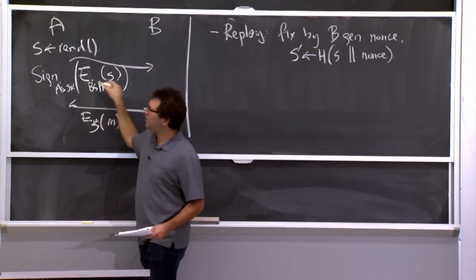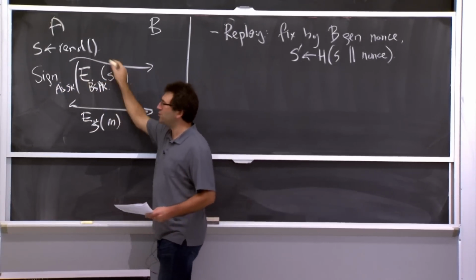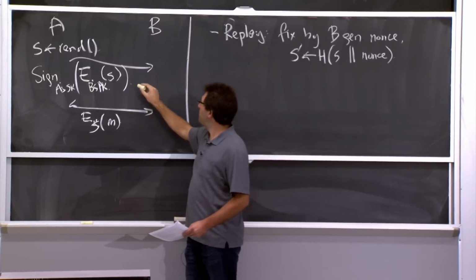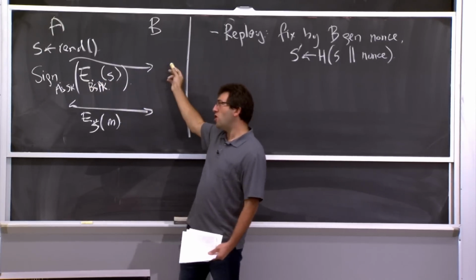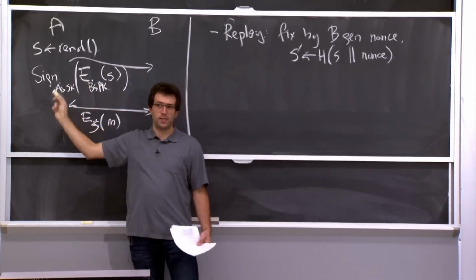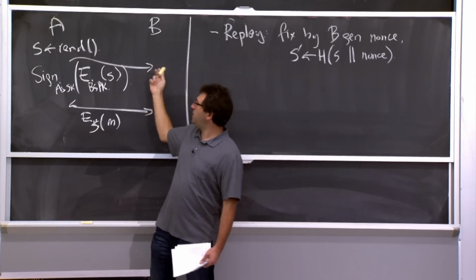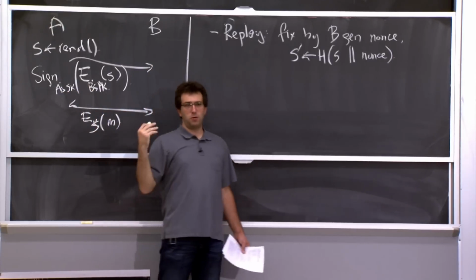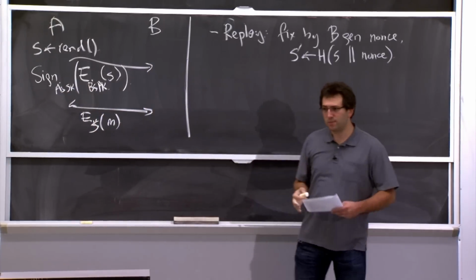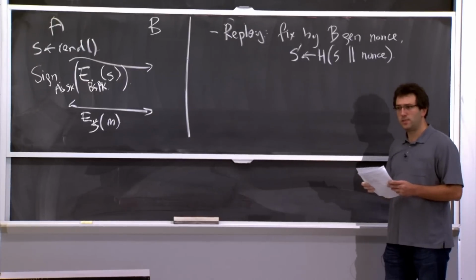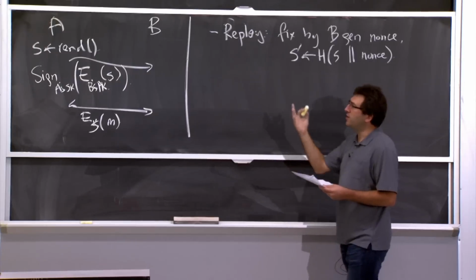And then, well, sign just provides the signature, but presumably you sign it and also provide the message as well. And then B would have to know A's public key in order to verify this signature. But if B knows A's public key, then B is going to be reasonably confident that A is the one that sent this message over. Make sense?